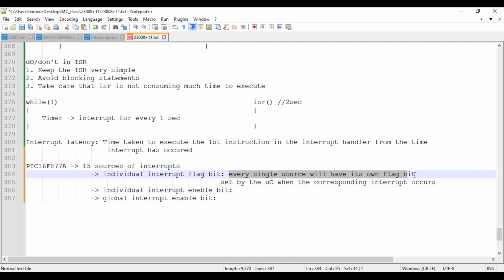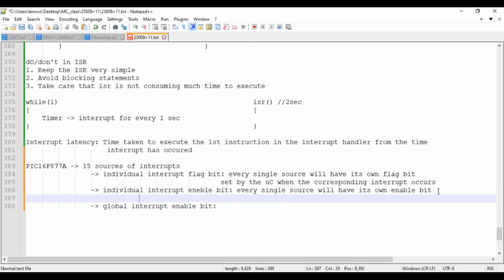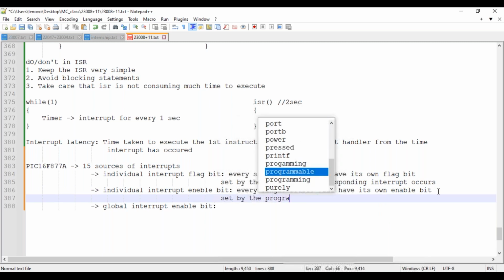Similarly, every single source will have its own enable bit. Okay, and this will be set by the user. Okay, set by the programmer